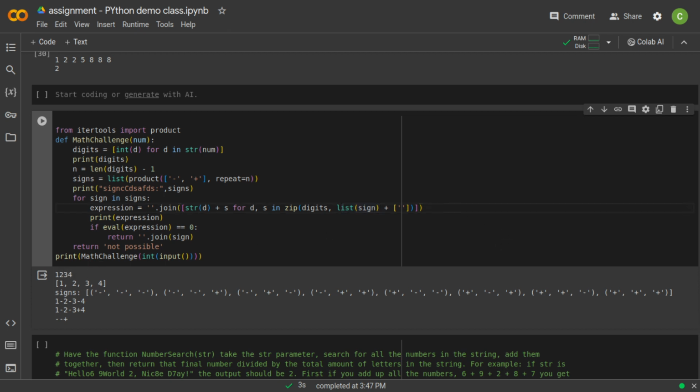Okay, so for the first iteration, the expression will look like 1 minus 2 minus 3 minus 4. How? Here we are joining these digits, that is, 1 2 3 4,